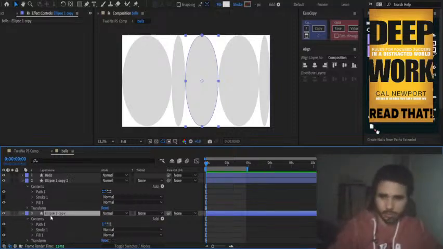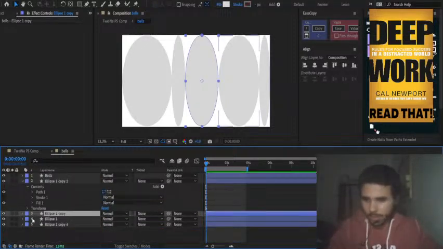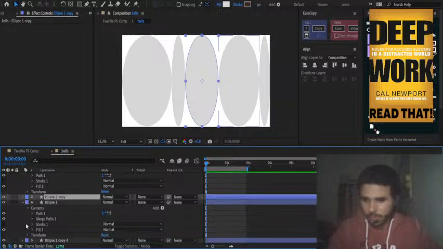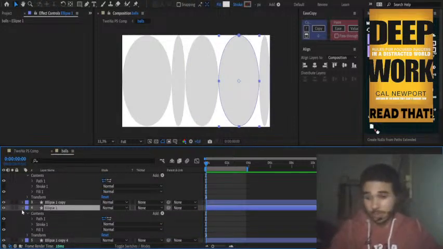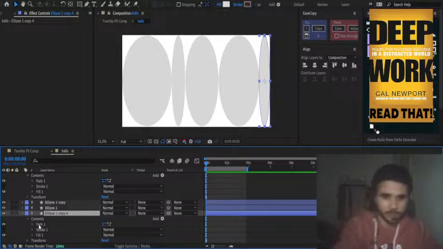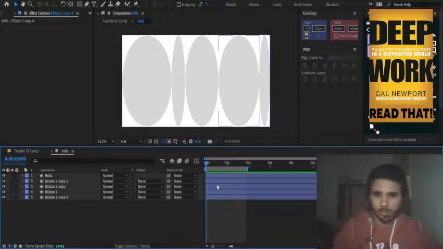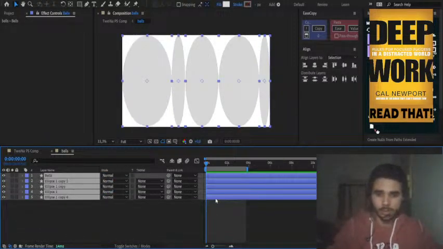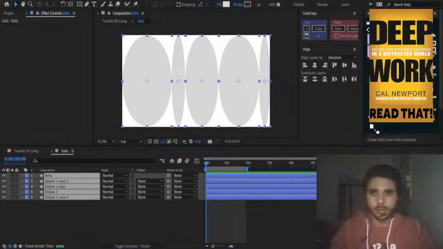There's a merge layer we can delete there. And a merge pass. It's called merge pass, not merge layer. And then merge pass in here. There it is. Alright.